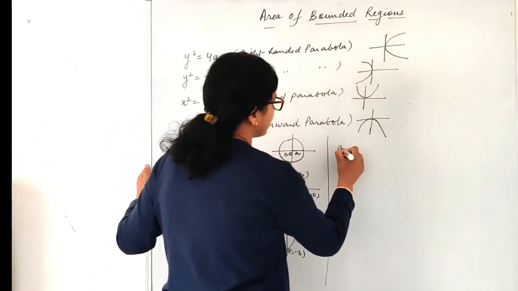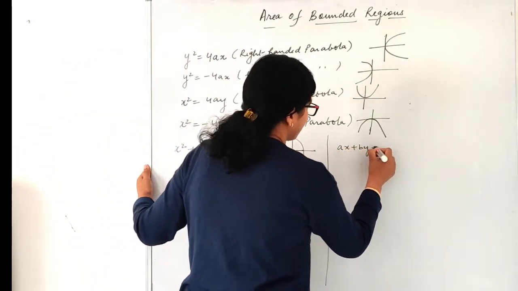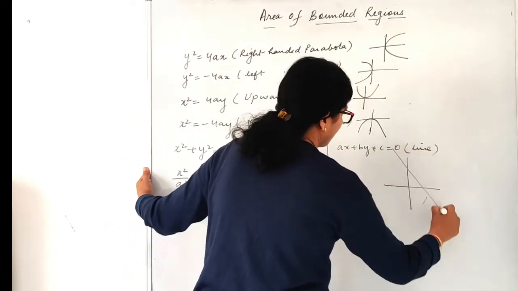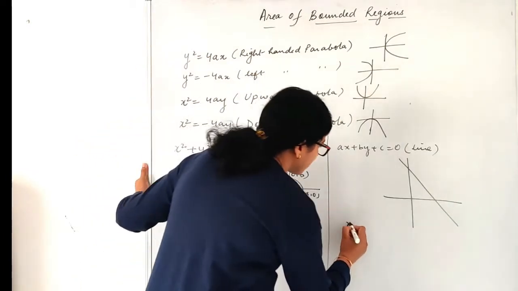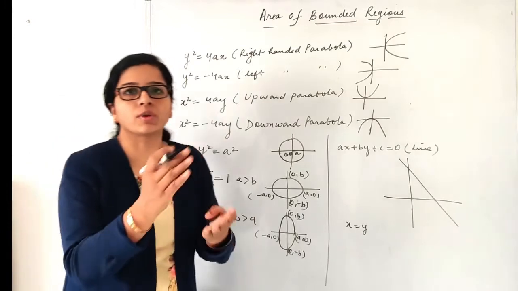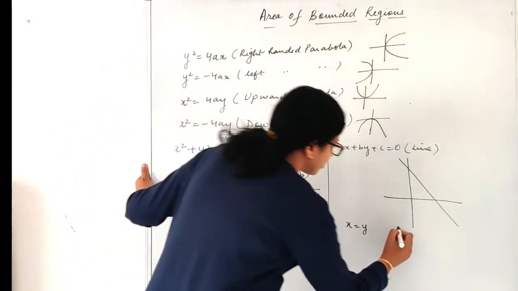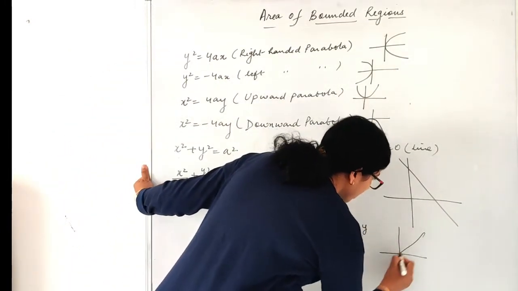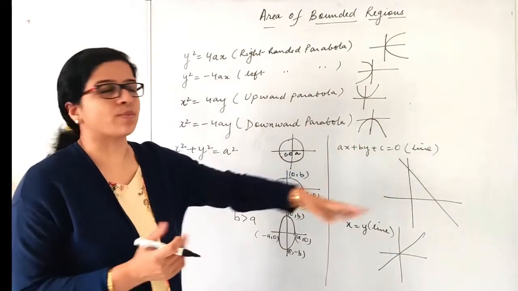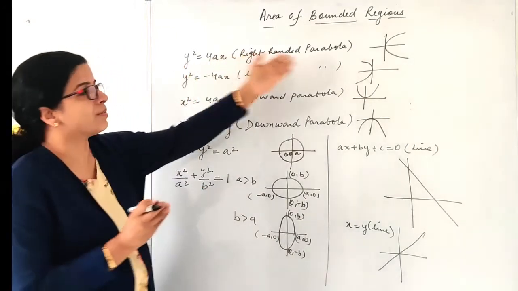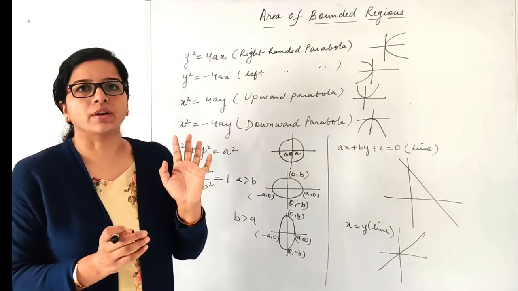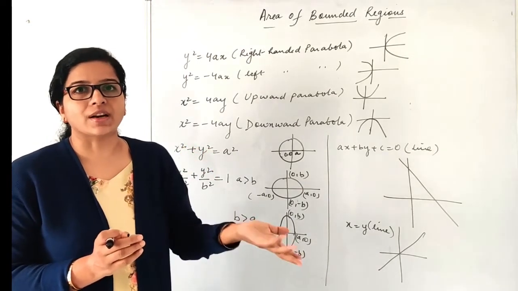Next is, if it is ax plus by plus c is equal to 0, it is the equation of a line, correct? Can be anywhere like this. If x is equal to y, or 2x is equal to 3y, or y is equal to 8x, something like that, it means it is also a line but passing through the origin. So these are the basic curves which will be used in your chapter. So if you know that if this equation has come, I have to draw the parabola, it will become very easier. Draw the rough sketch and get the bounded area. Is that clear? So let us get started with the questions now.